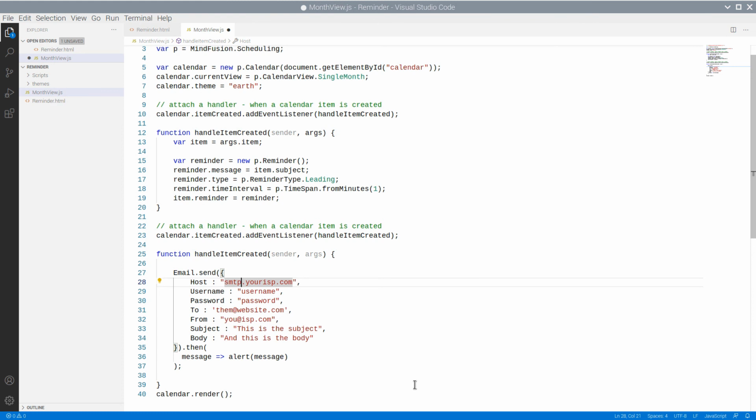I am using the mail server of a website that belongs to MindFusion.